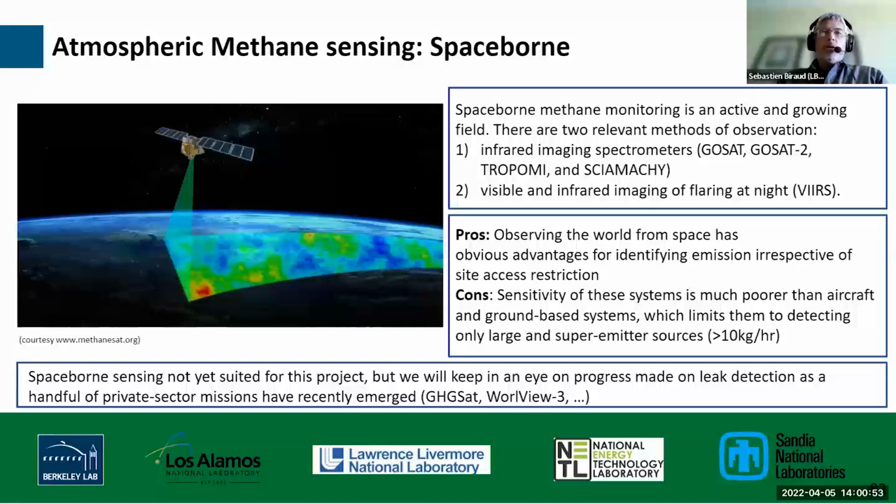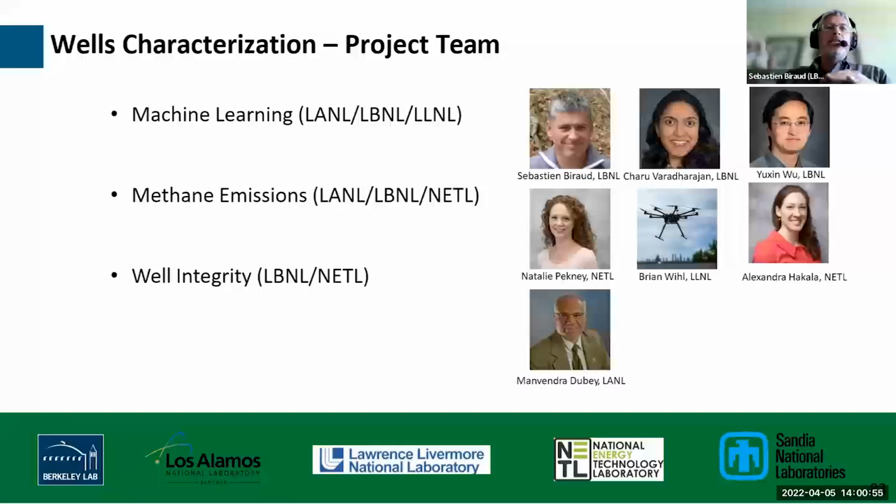Image courtesy www.methanesat.org. The next slide that I want to briefly present to you is the project team that we have assembled for